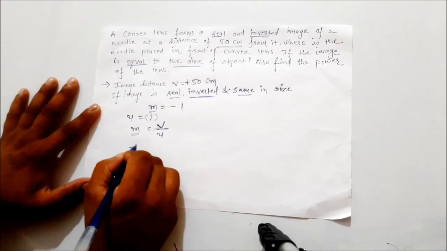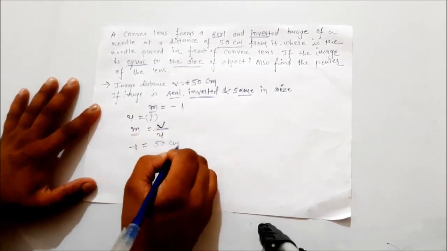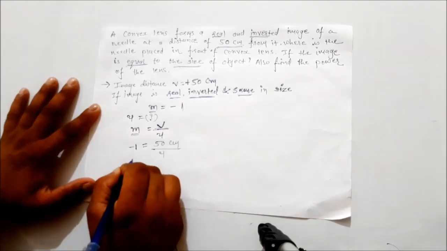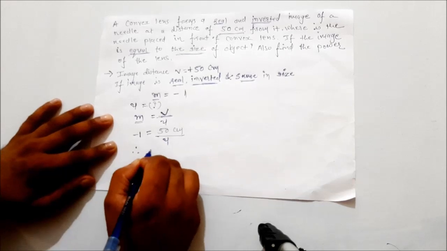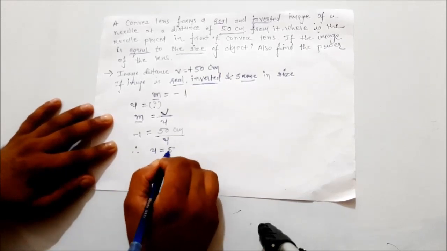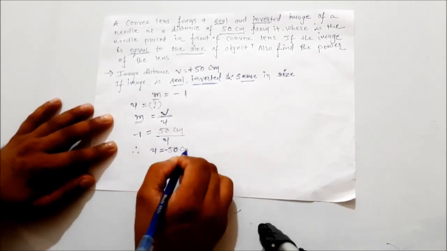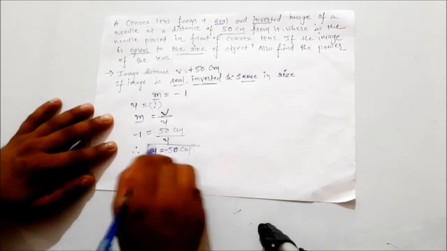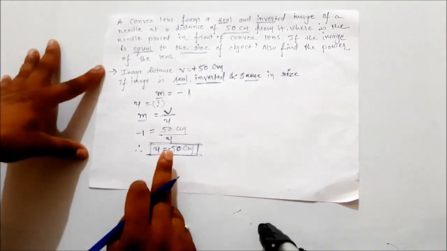V is given to us, that is 50 centimeter. So we know that the value of u will also be negative 50 centimeter. It means our object is placed at 50 centimeter at left side,